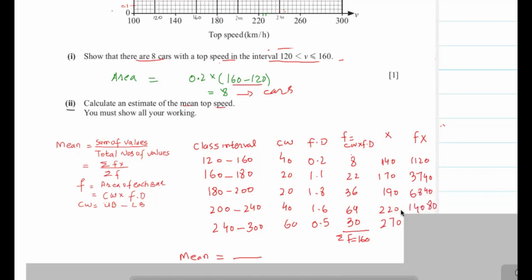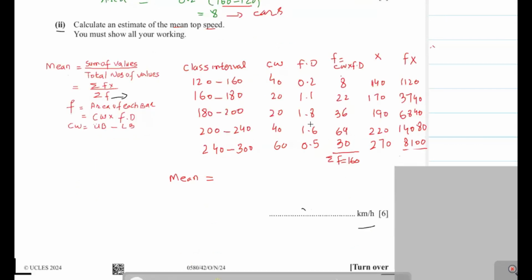Next is 64 multiplied by 220, 14080, and next 30 into 270, we get 8100. We have to calculate the sum of values. We will add all these values. When we add all these values, we get 33,880,